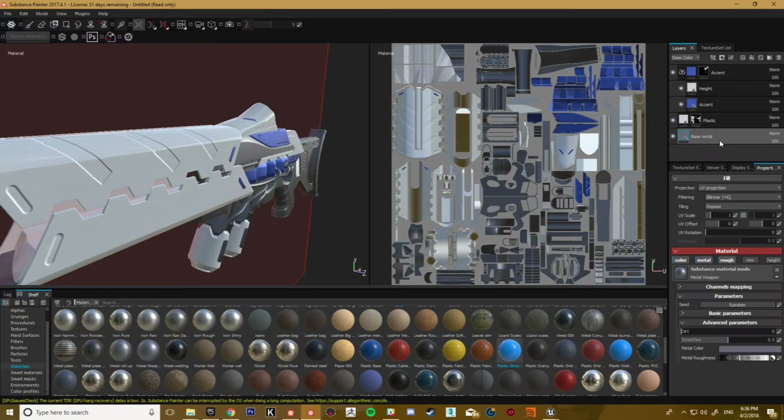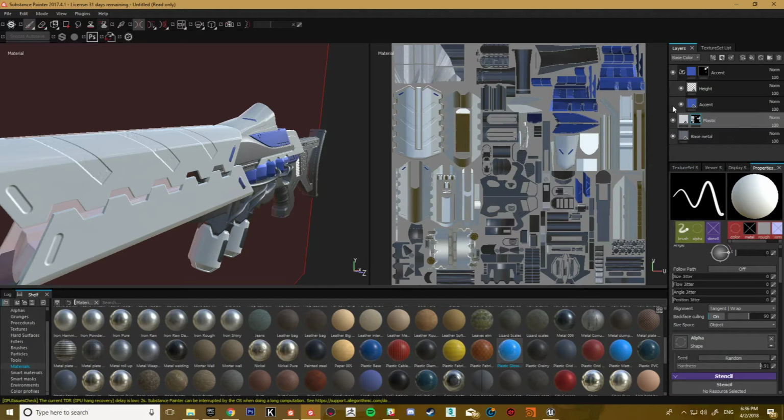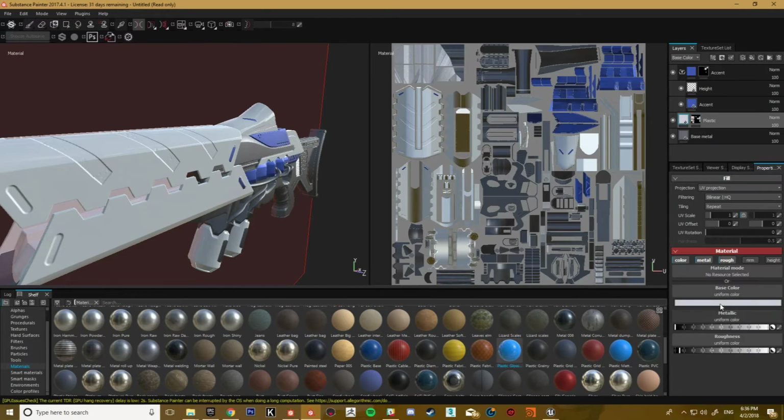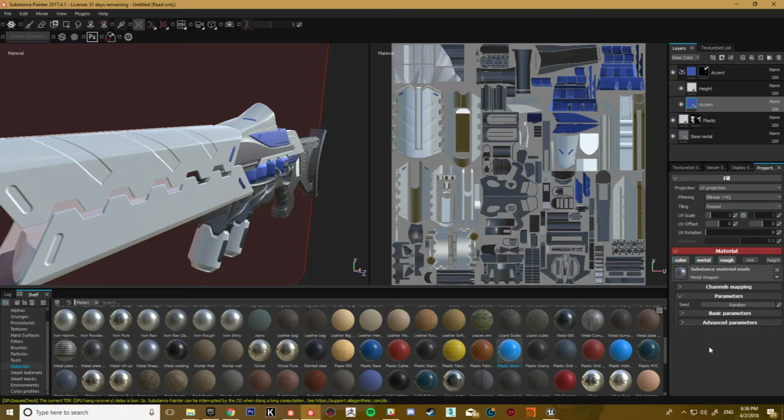So past this point, we know that the base is metal, and we don't need to do anything with that. And because I've decided this to be, say in some cases I've actually put in a material like this accent that can remove some of the parameters that you add sometimes, because now I haven't got a slider for some of the parameters. I mean, in the advanced parameters, which is actually part of the substance, you can do that, but that can destroy. So the next step, what we're going to have to do, if I just turn that mirror